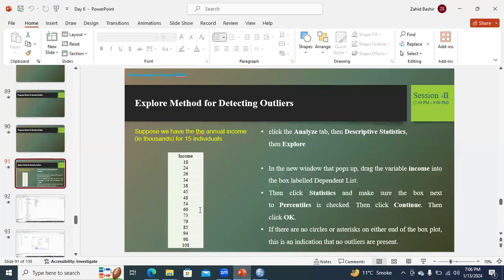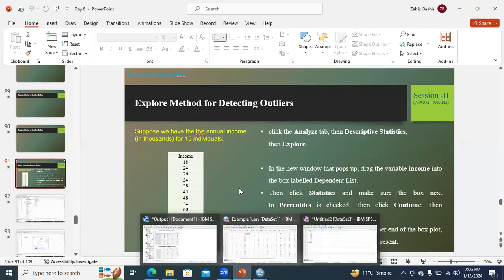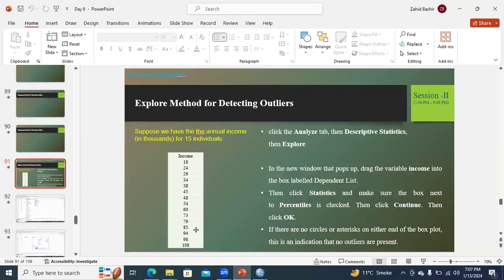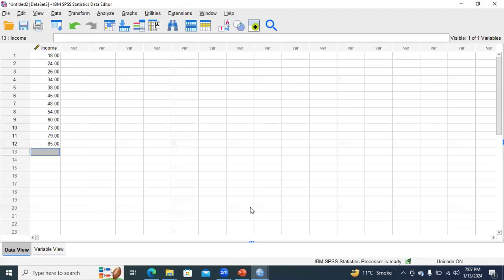Then we have 73, 79, and 85, then 70. Then 94, 98, 108. Yes. So we have this data set, let's suppose, and we want to analyze the outliers using the